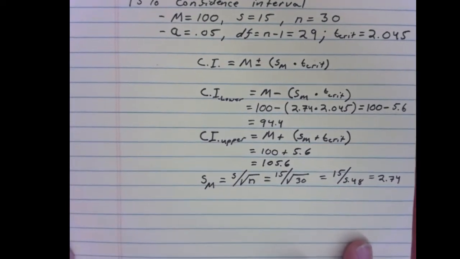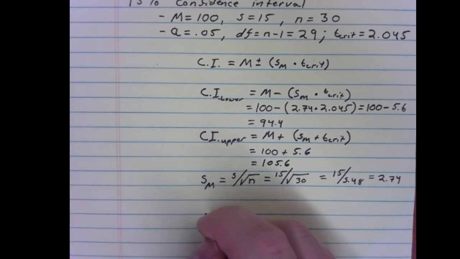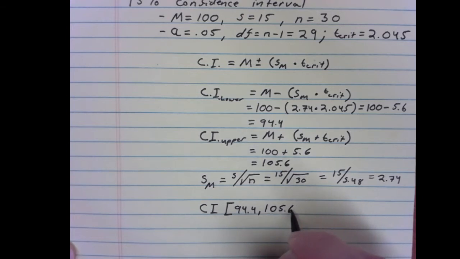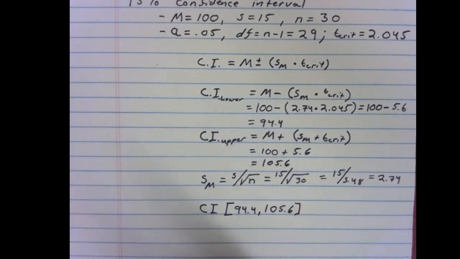So the APA style reporting for this would be, if I'm not mistaken, CI, no periods, and then in brackets you report your lower limit first, so 94.4, and then a comma to separate them, and 105.6. Now, if you were reporting this in the text of a sentence, you would set it off with either commas or parentheses, and oftentimes this is reported at the end of a one-sample t-test as a measure of effect size,